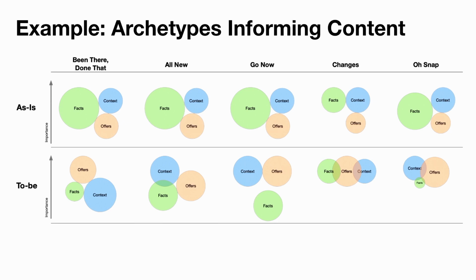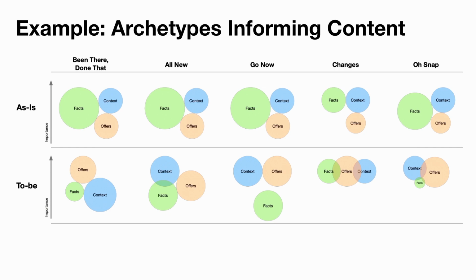In addition to structure of pages, it can be used for defining content strategy. So in this instance, there were these 5 archetypes. They could see in their current system, which is the bottom, how different types of content were being surfaced on these kinds of pages today. So there are offers in orange, facts in green, and context in blue. And there's importance. The higher things up are the importance, the bigger the circle, the more of that type of